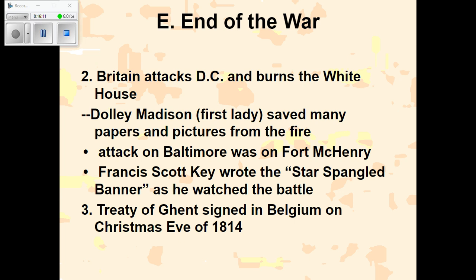Now, in short, how do we end up winning? Well, we end up winning the naval battles. We end up building up, because of Oliver Hazard Perry, who that Perry Monument is to on Put-in-Bay. We end up winning the Battle of Lake Erie. We also end up building up a naval force on the Atlantic coast, and then pushing the British out of coastal areas like Washington, D.C. at the same time. So because of us getting on the ball a little bit faster, we're able to knock them out one more time.